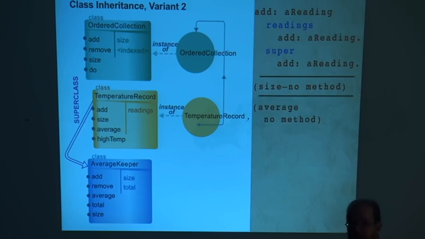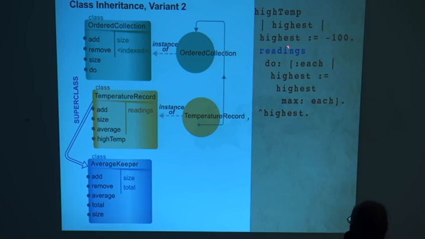And we also don't need an average method because we've now inherited that. So this is looking better already, a little bit. And our highest, we just send it off to readings, and we don't have to do the ugly super trick. We do still have to